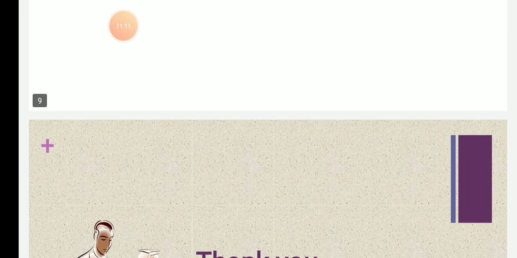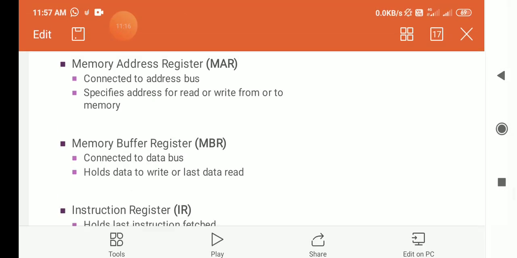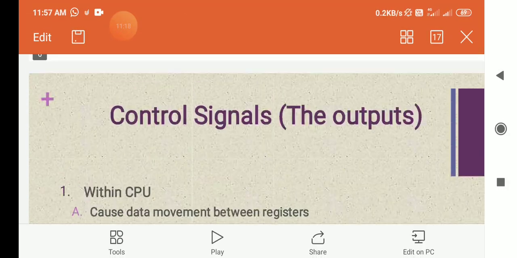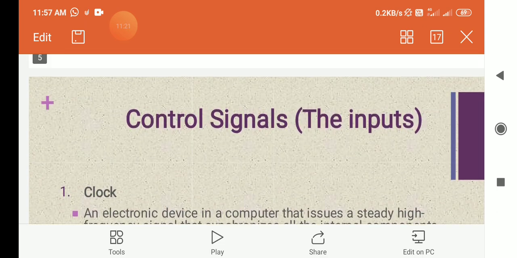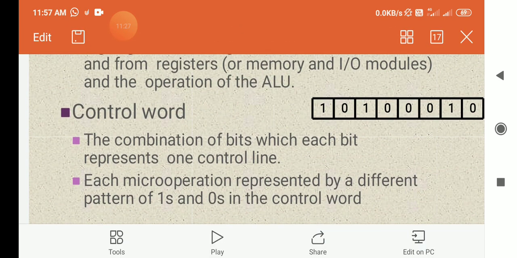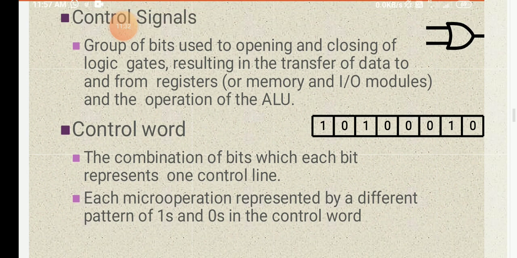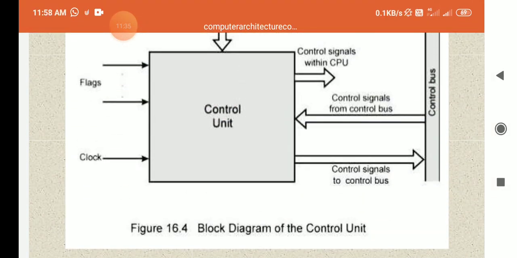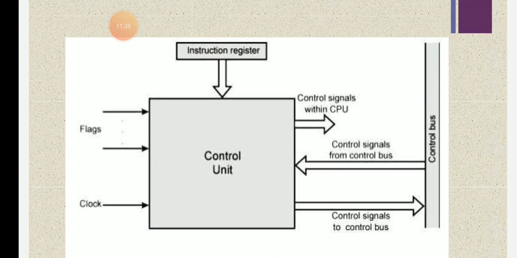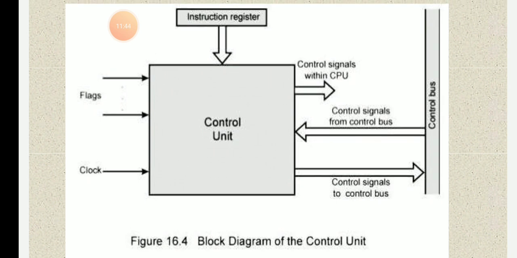So it is a very small topic. So that is the block diagram of the control unit. In that, what are you going to discuss? Control bus or control signals. So how are you going to use them as control signals for input and outputs? And also you have seen how you are going to use your control signals for opening and closing, and the control word, and also control cycles, and also you have seen the block diagram of the control unit. You can use the flags, clock, instruction registers, and also you have seen the detailed information about the function of the control unit.